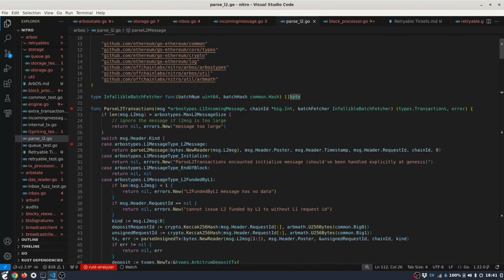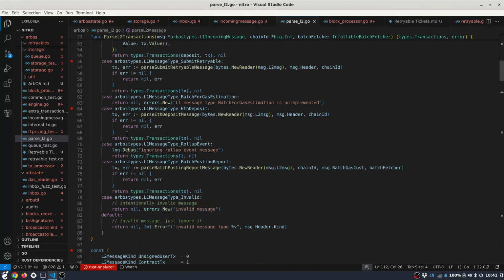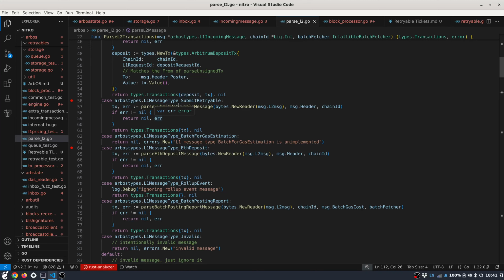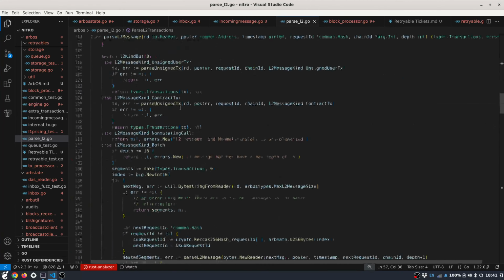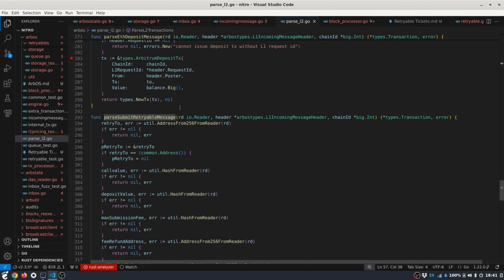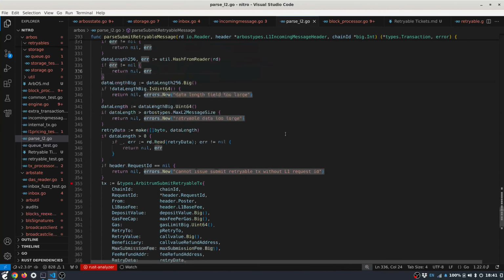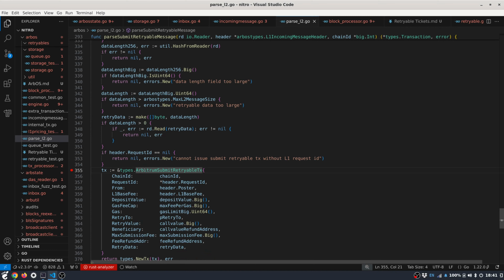So we are going to go to parse transaction, and you can see that the parsing of the retrievables is here in this function, which is a little bit down. Yes, here. So it will parse all the fields, and it will create a transaction called submit retrievable tx,